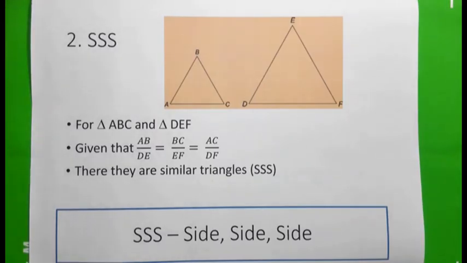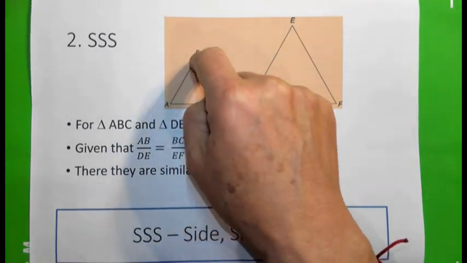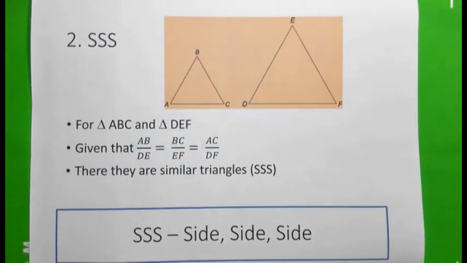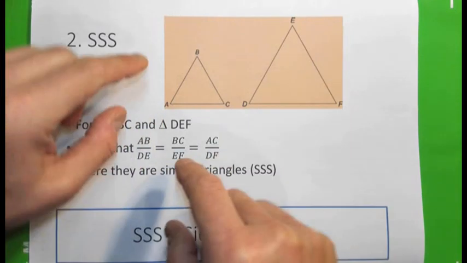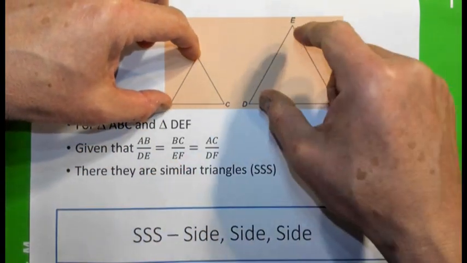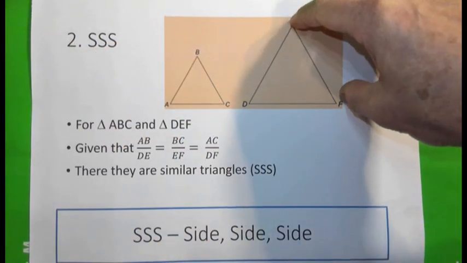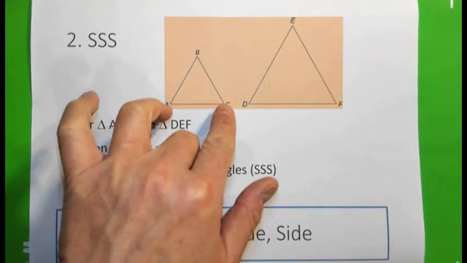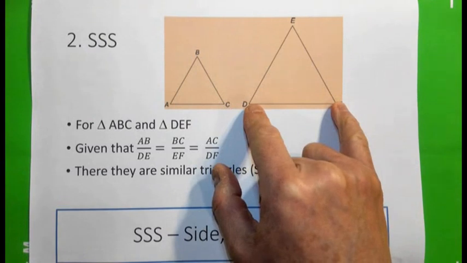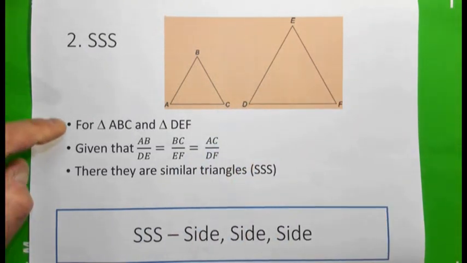Second proof is side, side, side. This time, no angles are actually involved, but we look at the corresponding side. AB is the corresponding side of DE. BC is the corresponding side of EF. AC is the corresponding side of DF. So, we know that in this case,